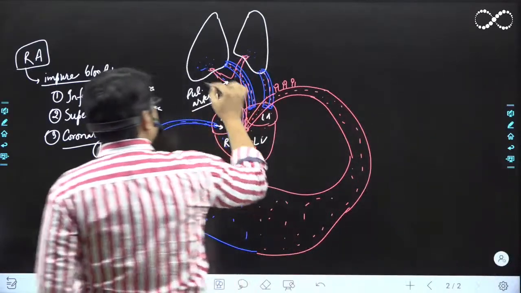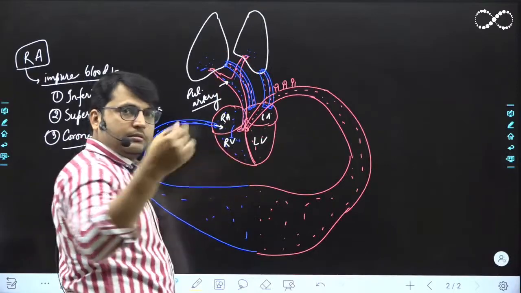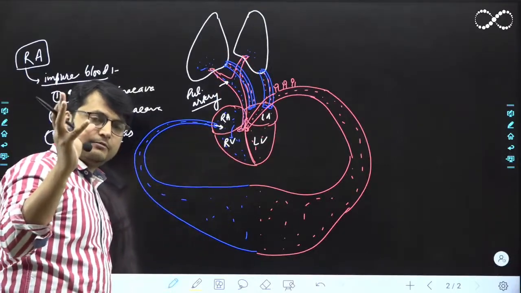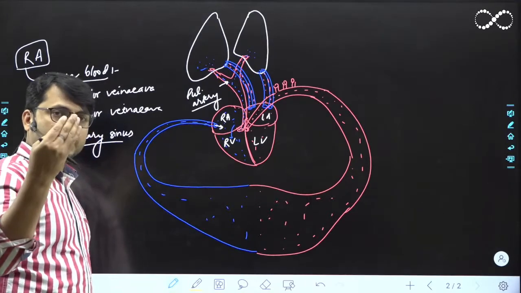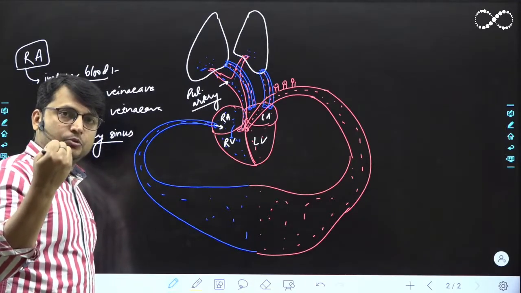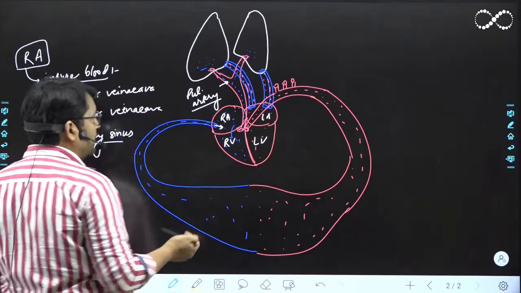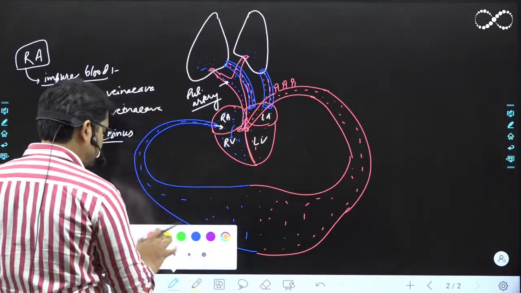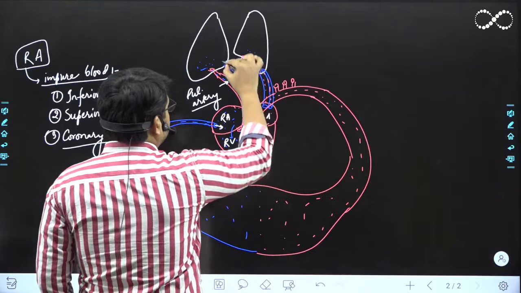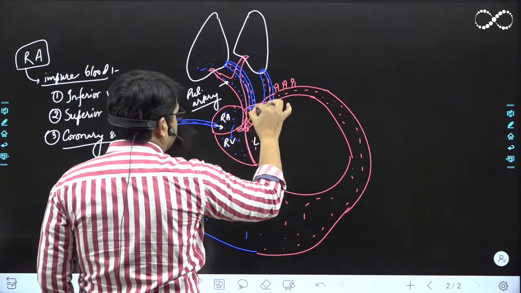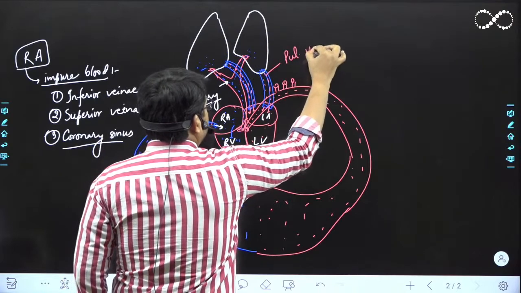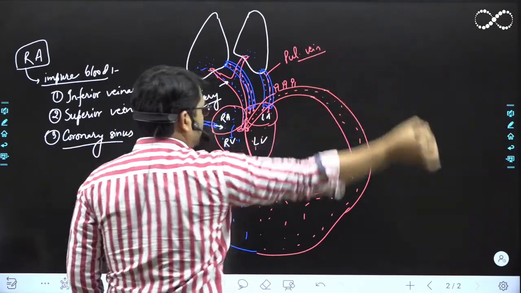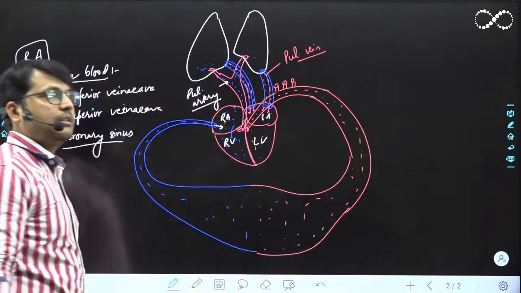Then in the lungs, you know what is happening? Exchange of gases at the alveoli, correct? Or exchange of gases होने की वजह से now impure blood will be transformed into pure blood. Then this pure blood is carried to the heart via this pulmonary veins. Again ये एक exception है. It is a vein but it carries pure blood.